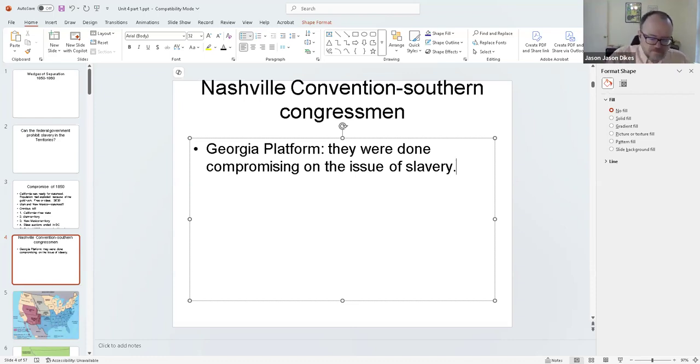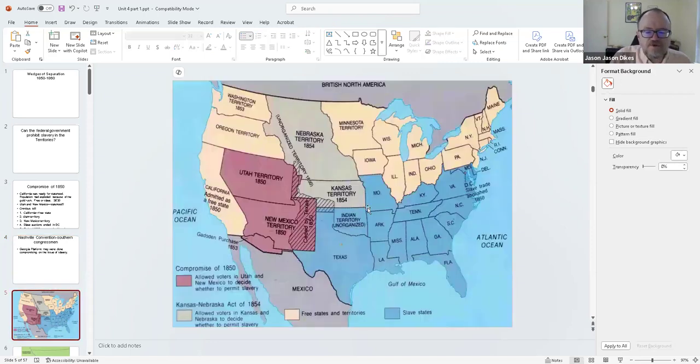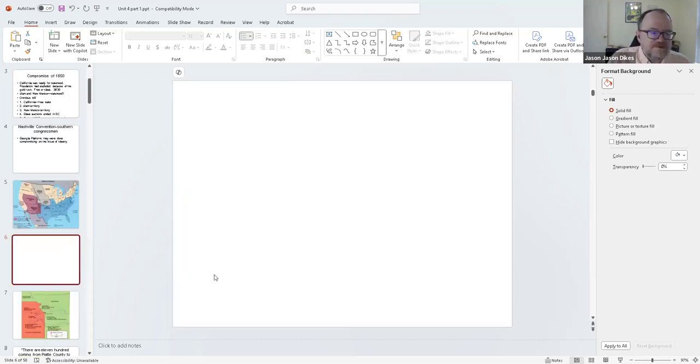So after that, we have some of the social stuff I talked about. Uncle Tom's Cabin is published. The abolitionists are continuing to do their thing. The next political one is called the Kansas-Nebraska Act, and that covers, as you can see, this gray section right in here. And the centerpiece of Kansas-Nebraska,